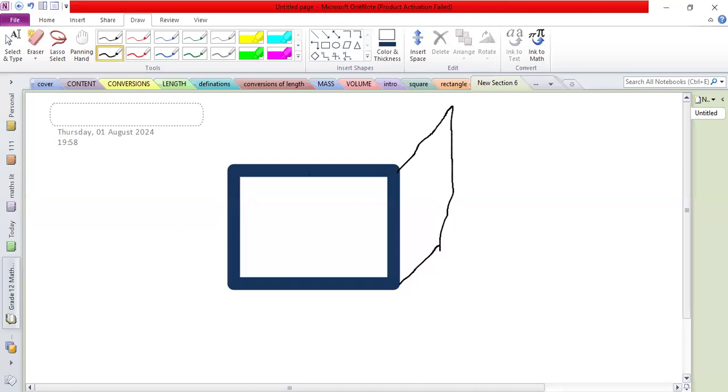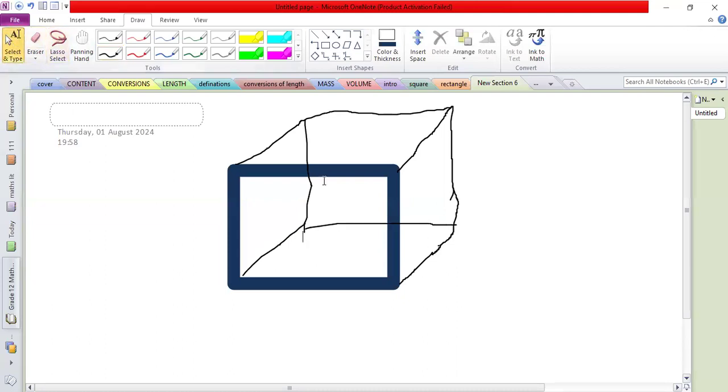This is how I am able to draw using my mouth. We do not have the drawing material so far, but we are working on it. So this is the rectangular prism. I believe you can see it well and understand what I am trying to indicate here. Let me just try to solve the corner here. But the important thing is not the drawing. The important thing is to understand the units and the way those units are calculated. There's no marks for drawing. This is not a grade 2 class. So here is the rectangular prism.